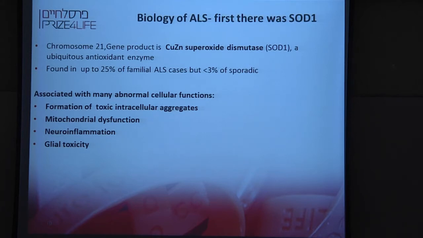and through this aggregation, they lose their function, right? They're not doing what they should do. Instead, they're stuck within the aggregate. So these aggregates are toxic. They prevent the cells from functioning. And this is really something that you see in a lot of motor neurons from ALS patients.